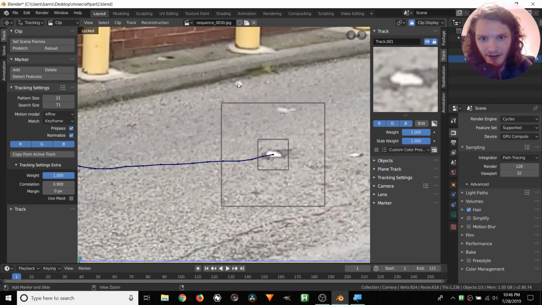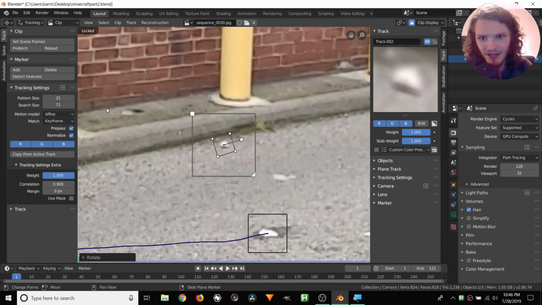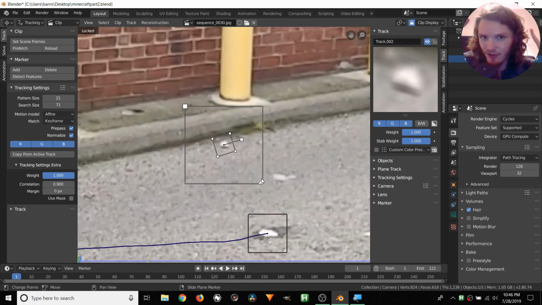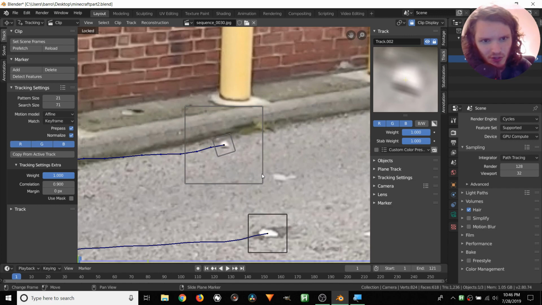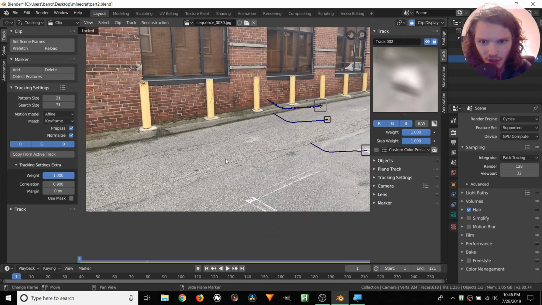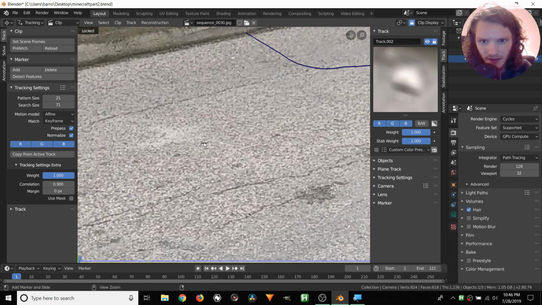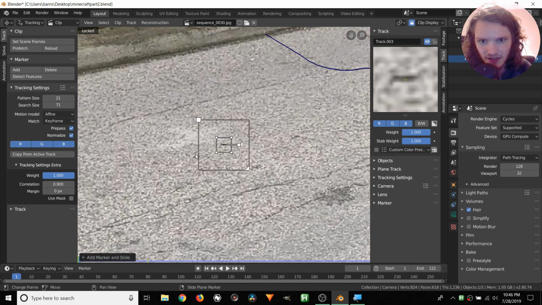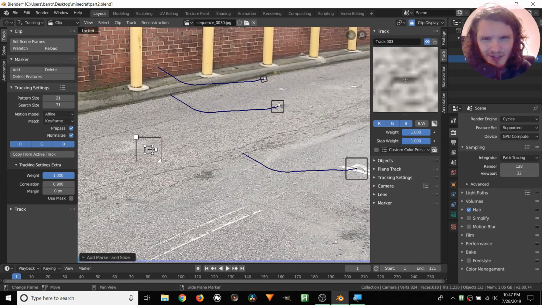This is more in the background. We can select this right here. Scale, rotate, so we're not getting any of this curb. Bring up our search box just in case the pattern area moves so much that it escapes, and then Control T. Easy peasy, lemon squeezy. And we don't want all our trackers to be on the ground, but we can do 1 or 2 more. Even a spot like this should be pretty easy to latch onto, even if it's not as obtuse.